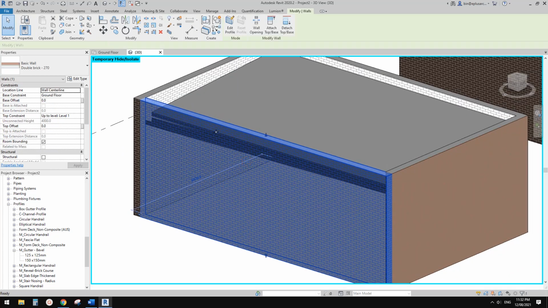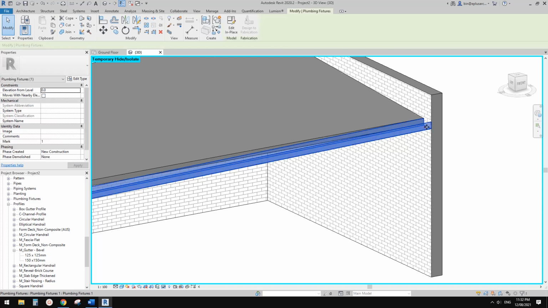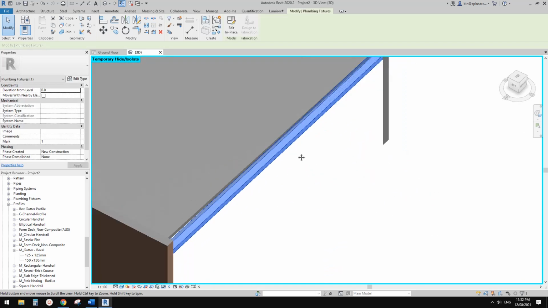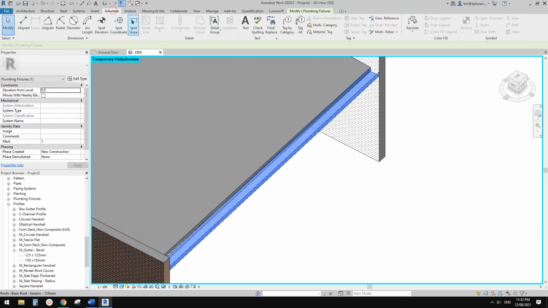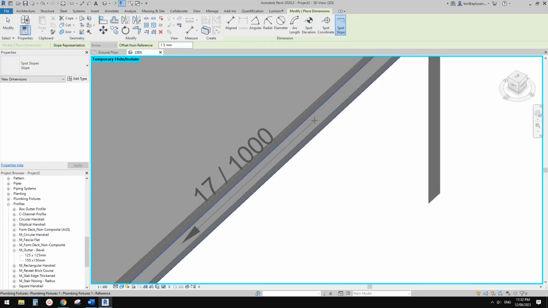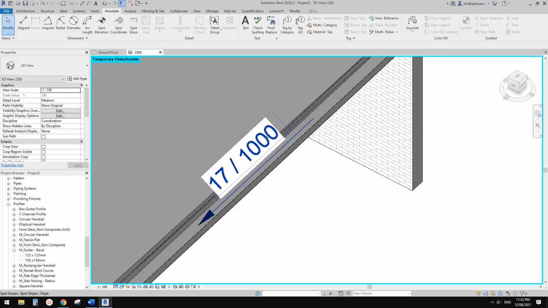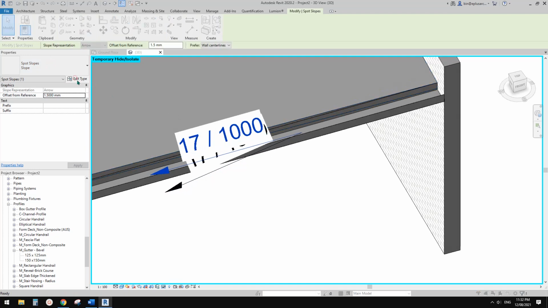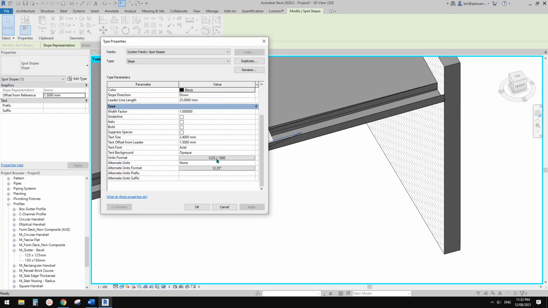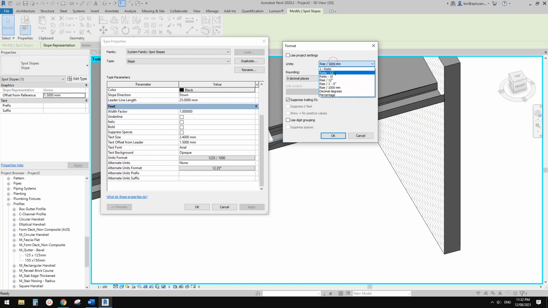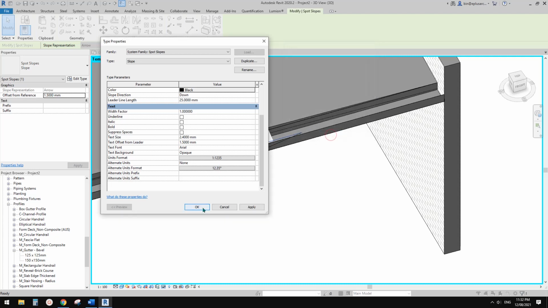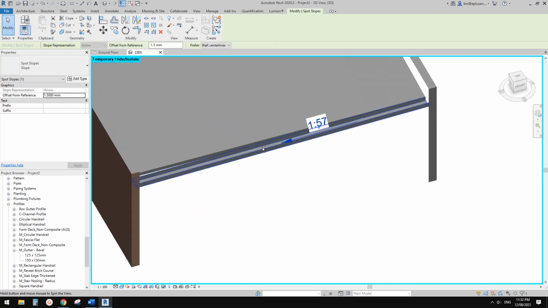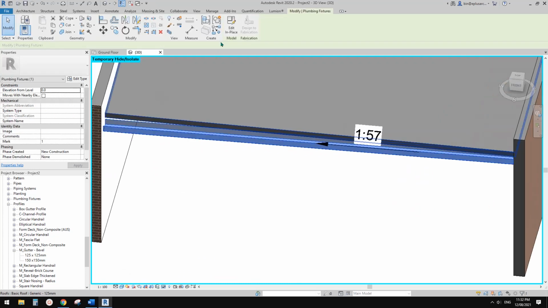I'll just HH this wall so we can see this is the box gutter, but because this time there's a slope, 1 to 100, maybe I'll change this one. So instead of this, let's have 1 to ratio, and okay, and okay. So 1 to 57, now that's too much. So we can edit